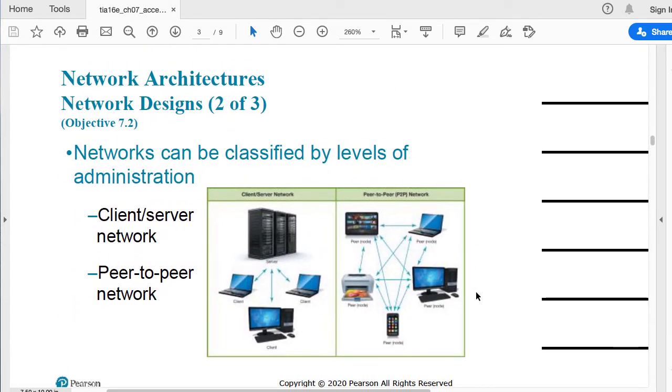We can also classify networks according to the type of communication or the role of a node or nodes within a communication. So, for example, back in the day, we would only see client-server networks. What's a client-server architecture?